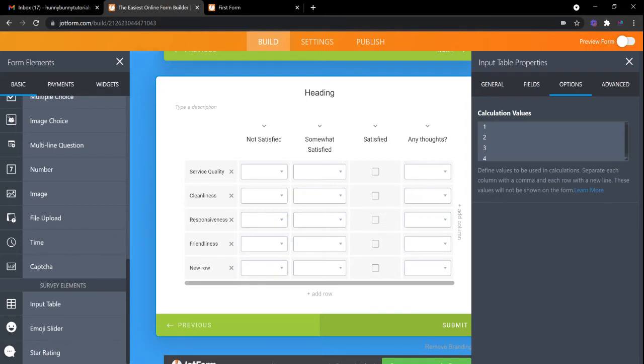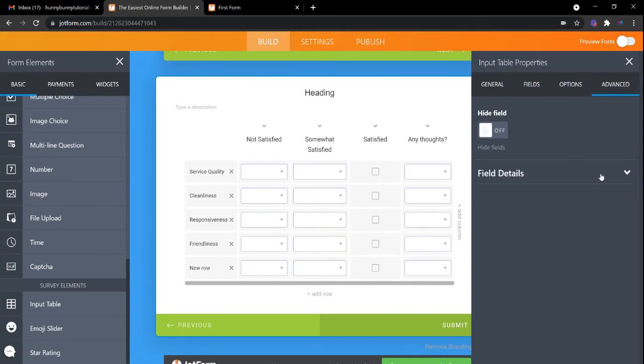Each value for each row will be on a separate new line. But if you want to assign values for each column, then it will be separated with a comma. Right now there are four columns, and if we want to assign four values, this is how we will do it. For columns, each value will be separated with a comma on the same line, but for the next row, you need to move to the next line, and then it will go again the same way. For each column, you need to put the comma, and these values can be used in the calculations.